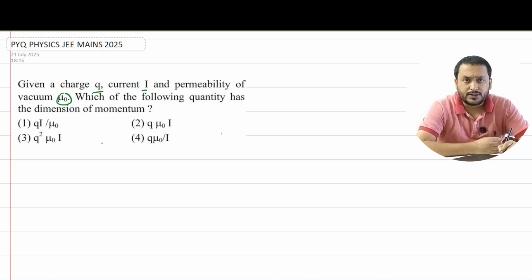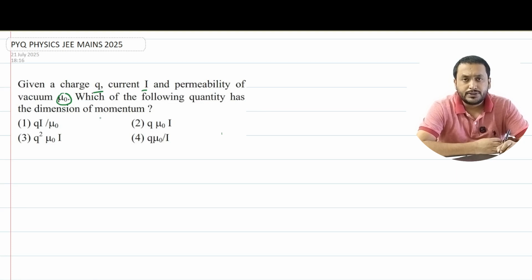Okay. So it is actually a problem from dimensional analysis, but you have to have the knowledge of, as I said, magnetism, current, electricity, and it's just basic knowledge about their units. That's it. Okay, so let us understand. We have to find out the relation between mu naught, Q, I such that their unit or dimension is the same as